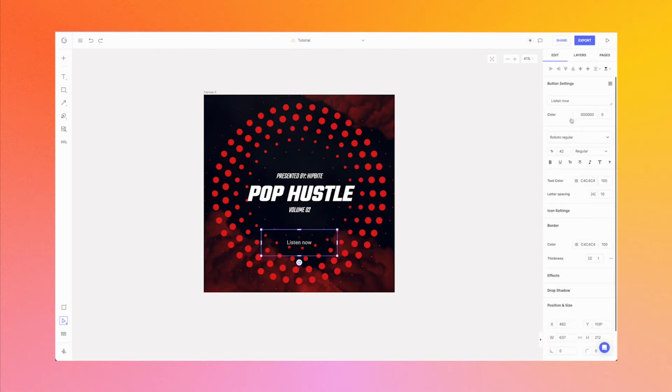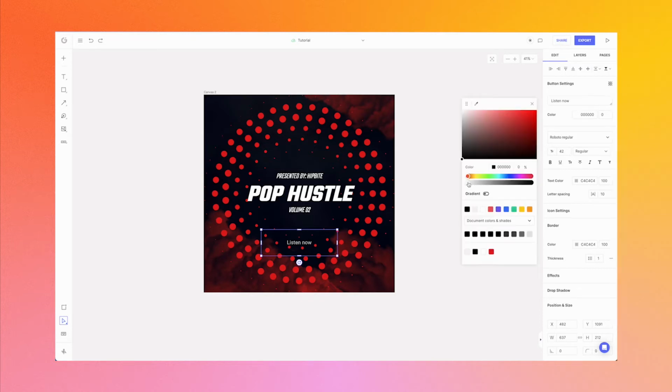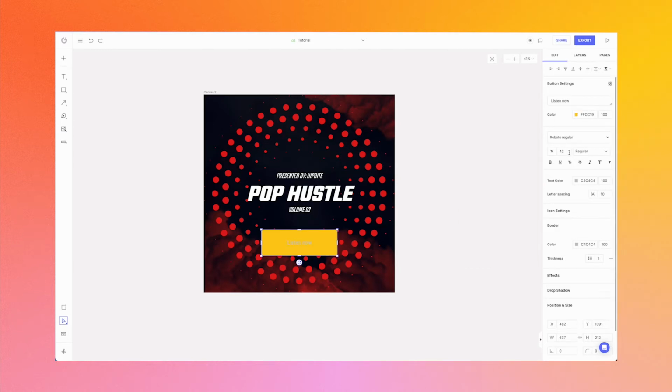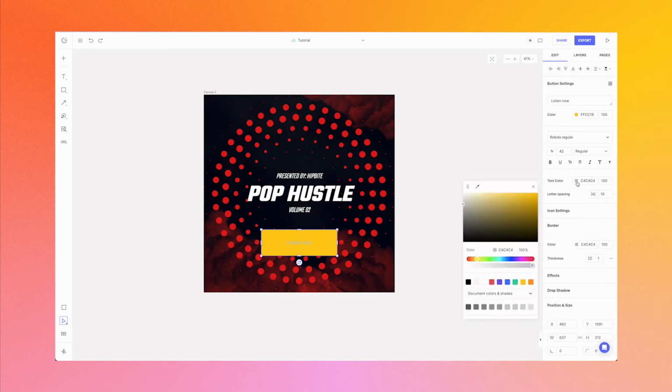Great. You can choose the color of the button by clicking the swatch over here. Right now it's set to 0 transparency. We'll increase the transparency to maximum. And let's pick a yellow color. Great. Now, of course, the button text cannot be seen, so we'll go and change the text itself to a